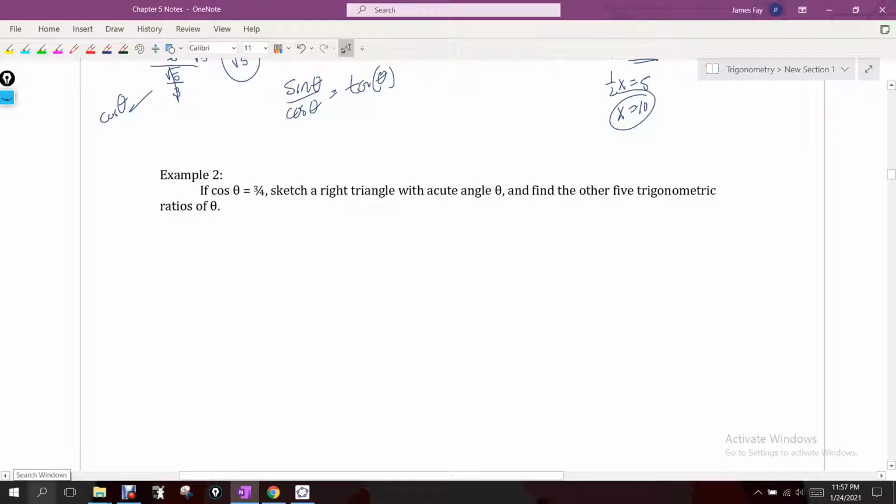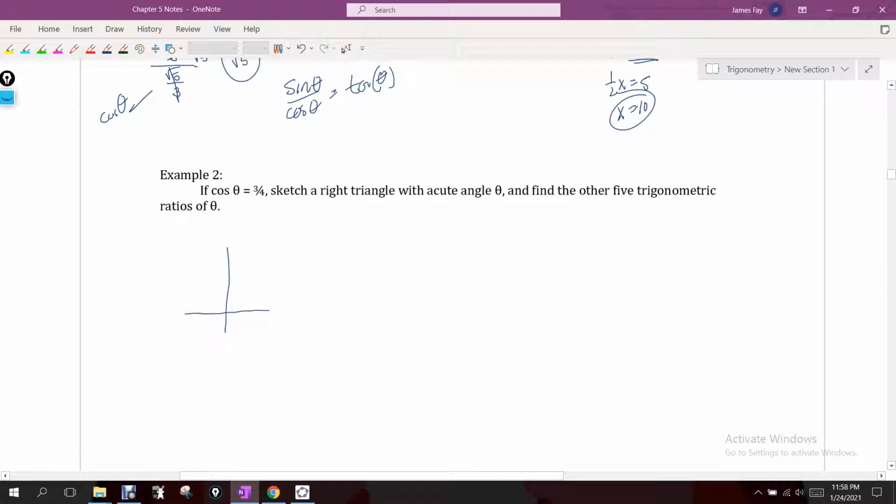All right, this is perhaps one of the most utilized types of question that we see throughout the course, and it's going to evolve into more and more difficult concepts depending on what they provide us and what we need to find. It says if cosine of theta equals 3/4. So what they're telling us right now